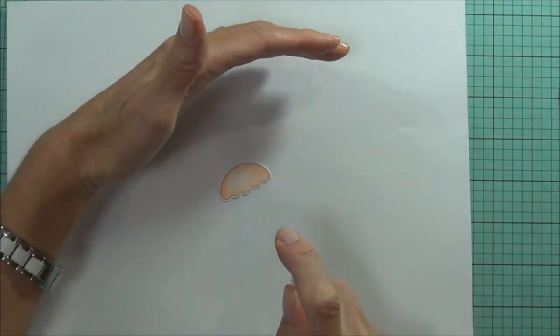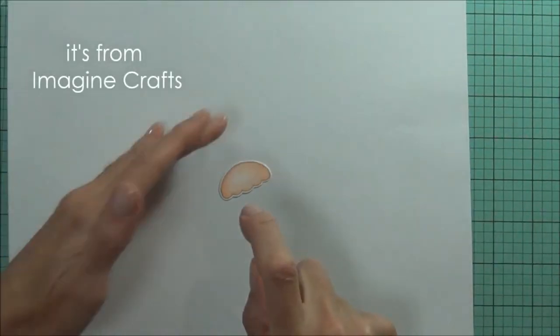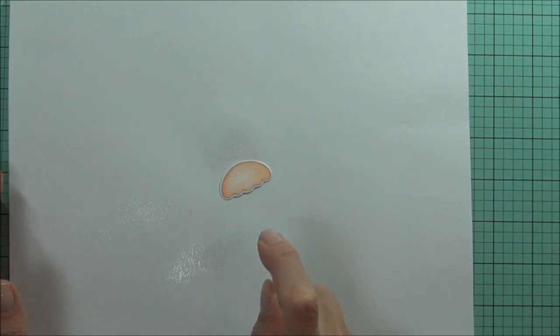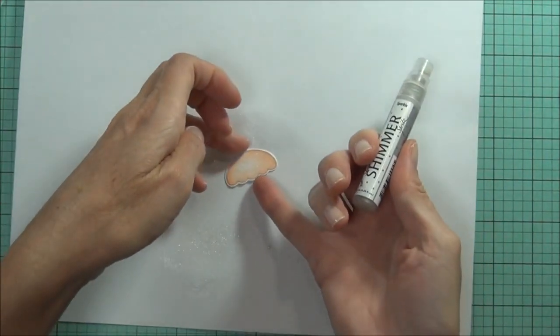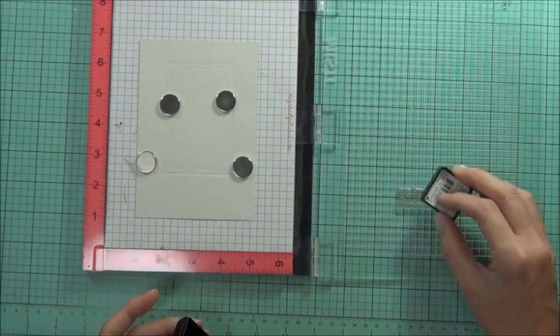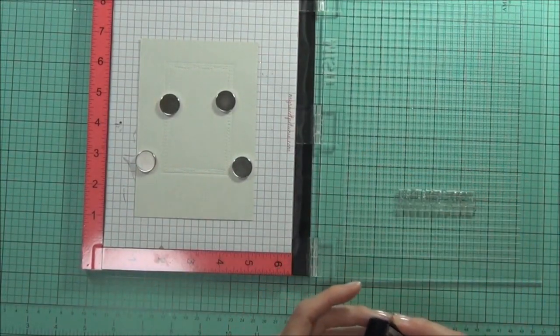Now I've got some of this shimmer, it's called a sheer shimmer spritz, and this one is the sparkle one, and oh my goodness, can you see how sparkly that is? That's the first time I've ever used it, and I just love all the shimmer and shine. I'll try to catch it at the end of the video, so hopefully you'll be able to see it a little bit better there. And I've just popped that aside to dry while I stamp out,